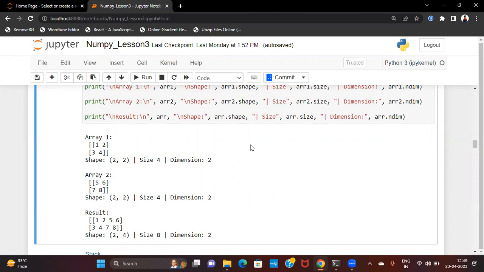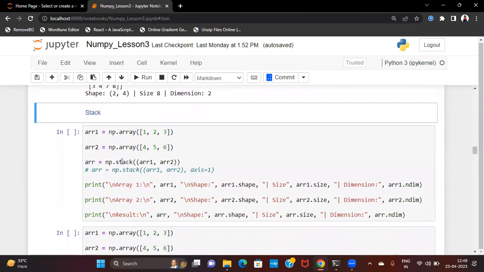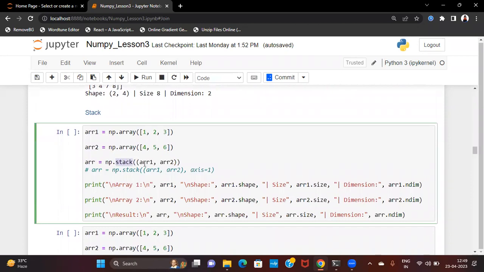Sometimes we want to join two arrays, but we want these arrays to stack over each other. Stacking means what? One at the top of the other. So if we want to stack them instead of just concatenating them, then there is another function, that is stack. So we can use the stack method from NumPy to achieve that. For example, here we are having two arrays, 1, 2, 3 and 4, 5, 6. Now we want to stack them over each other. That means we want 1, 2, 3 as one element, 4, 5, 6 another element,